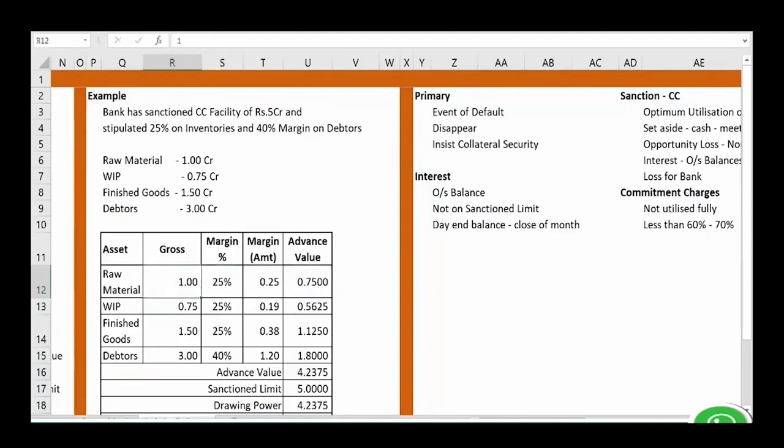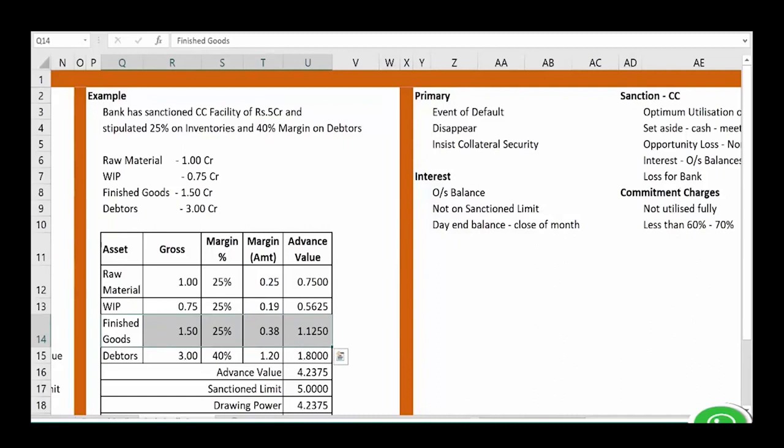Then for work in progress, gross is 0.75 crore. So advance value is nothing but gross minus margin. Margin amount is 18,75,000. So we write it as 0.1875. So advance value is only 0.5625 crore. Similarly, finished goods 1.5 crore is the gross, 25% is the margin, so advance value is only 1.125 crore,